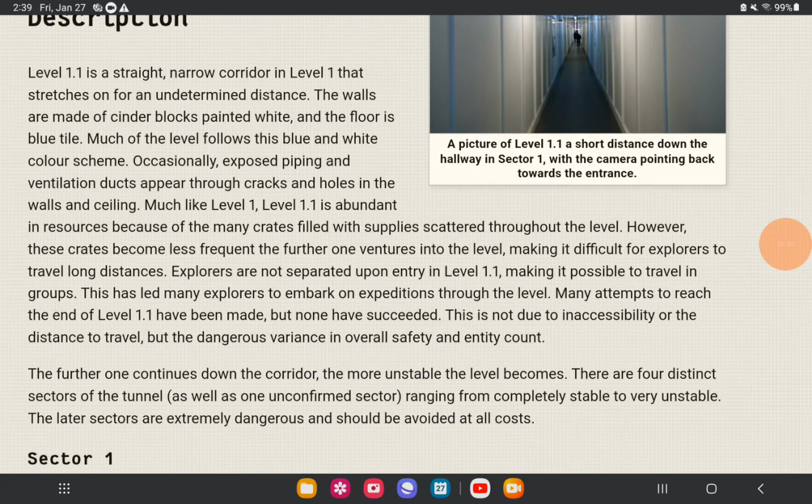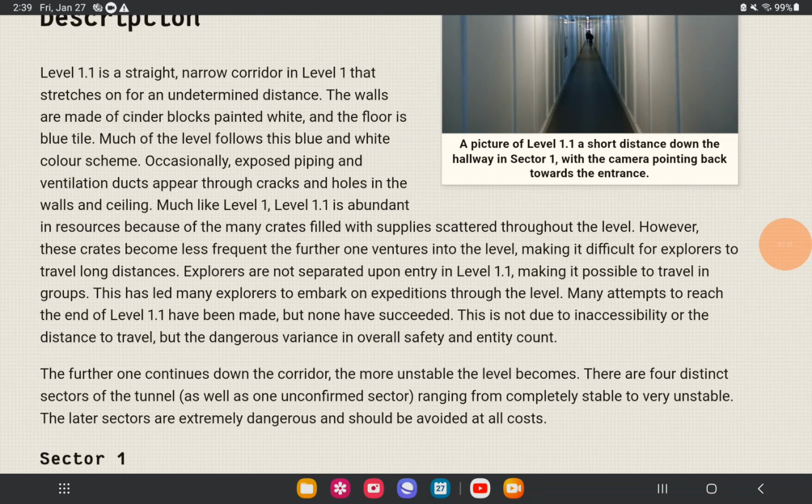Much of the level follows this blue and white color scheme. Occasionally, exposed piping and ventilation ducts appear through cracks and holes in the walls and ceiling. Much like level 1, level 1.1 is abundant in resources because of the many crates filled with supplies scattered throughout